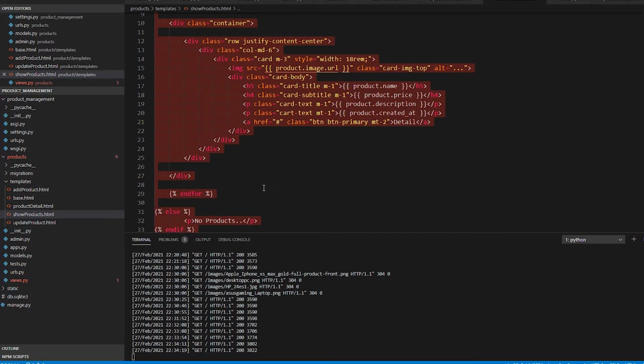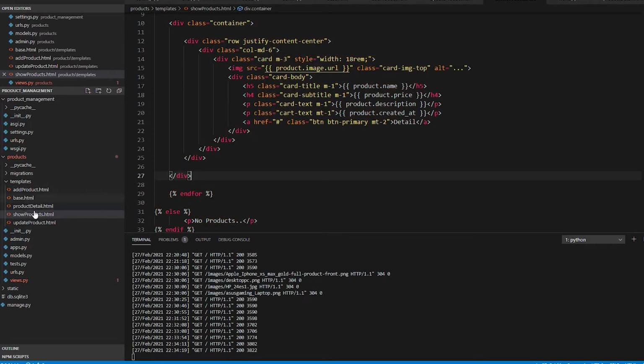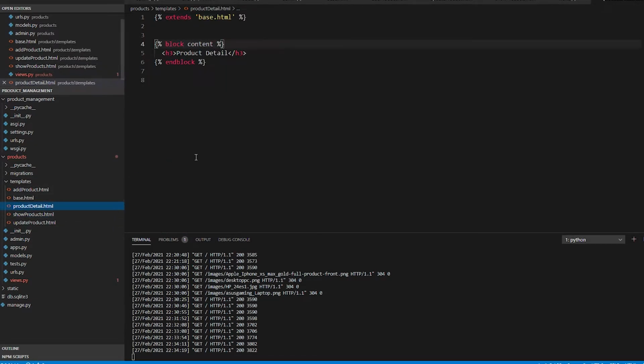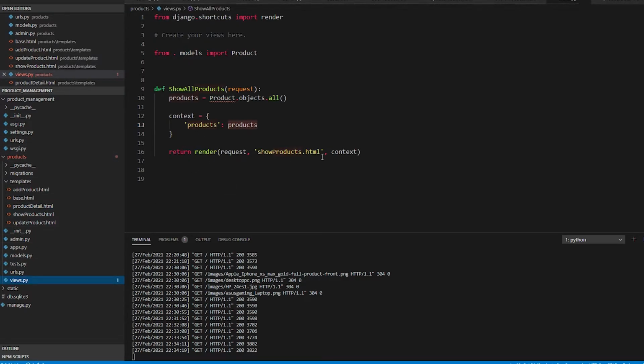Just copy all of those things and go to the detail page, product detail page. For that we're gonna create a function in views.py file. So this is for show all the product. Now I'll create a function for product detail. Product detail, it will take a request and an id of primary key